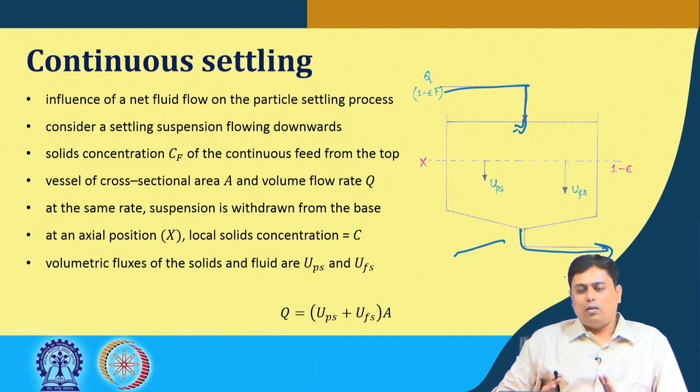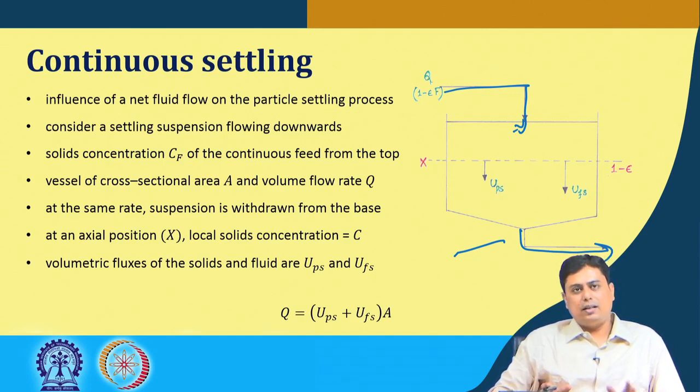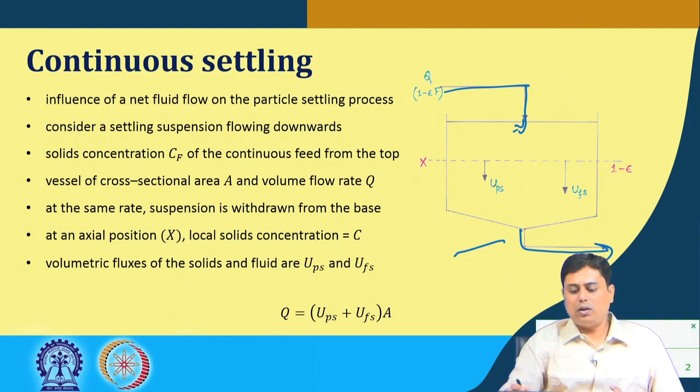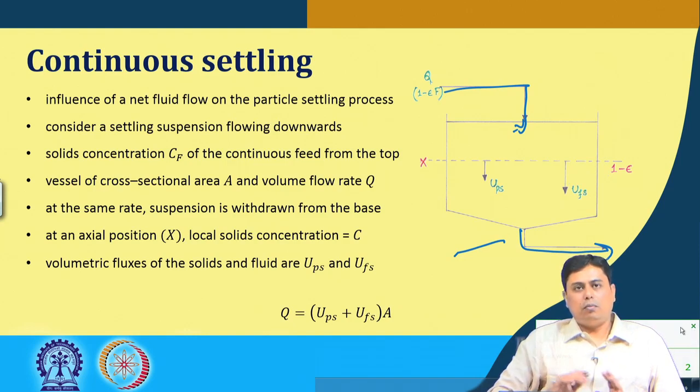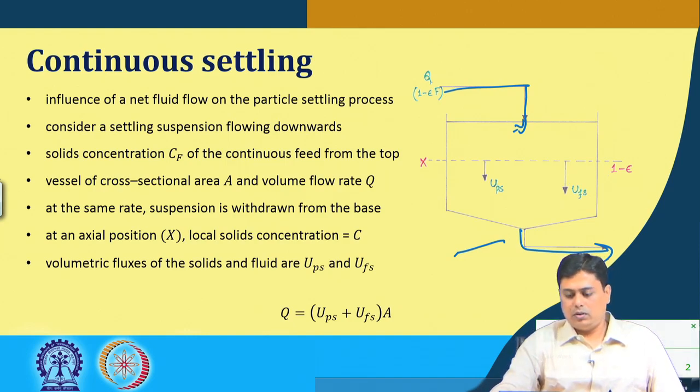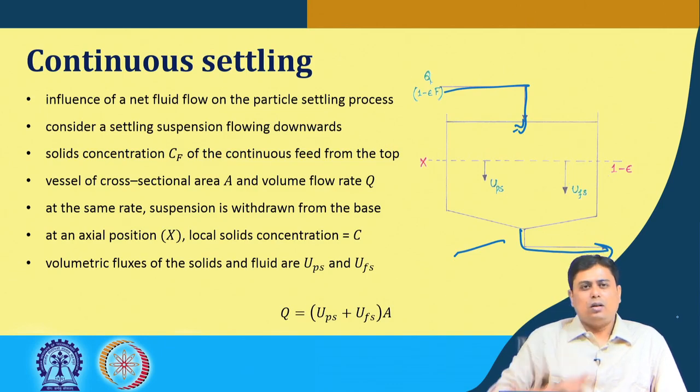Now, in this case, consider the settling suspension flowing towards the bottom, or the downward case, and the solids concentration initially was Cf, of the continuous feed that is coming from the top. If we consider the cross sectional area of this vessel to be A and the volumetric flow rate to be Q,